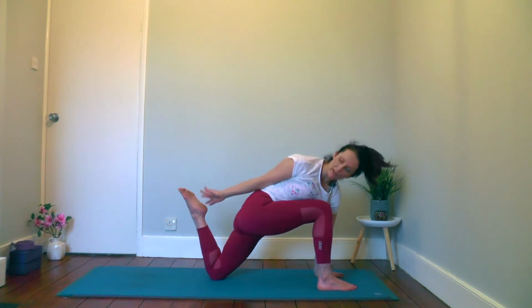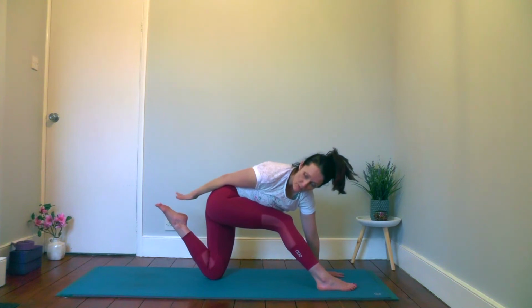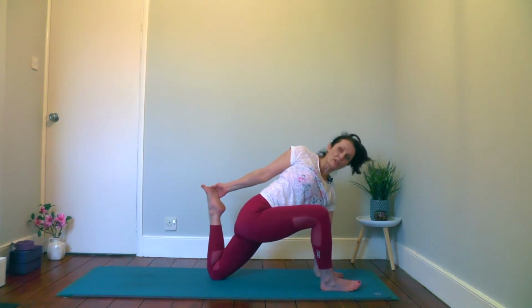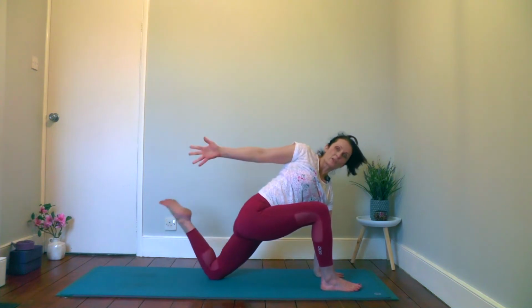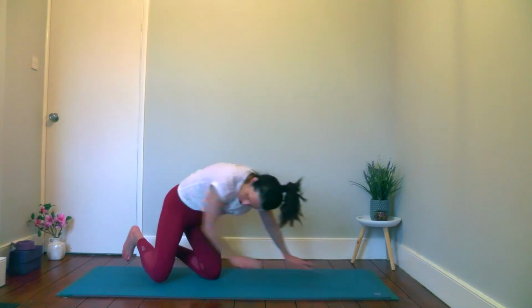Maybe you can reach back and grab this foot. Sometimes moving the hips back enables you to grab the foot. And descend here. So if you can't reach the foot, just visualize you have it and have this position, or